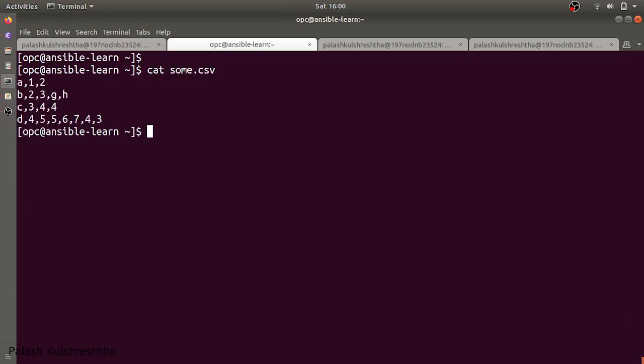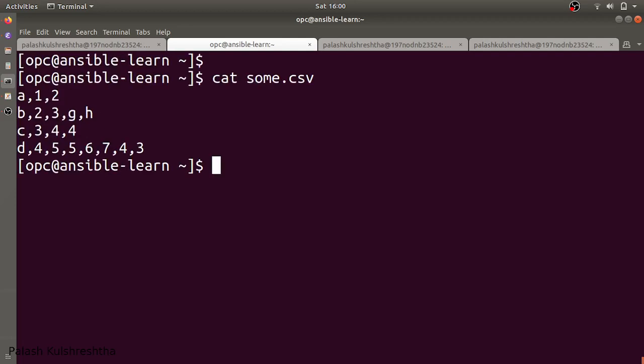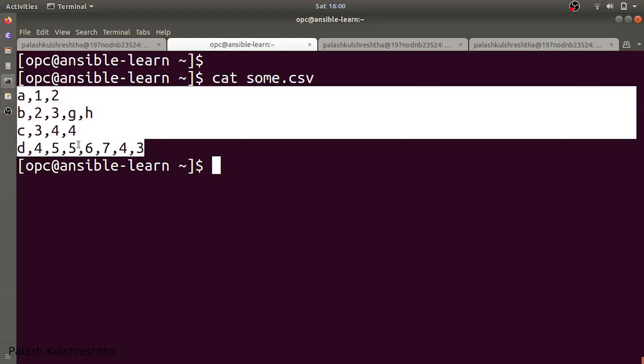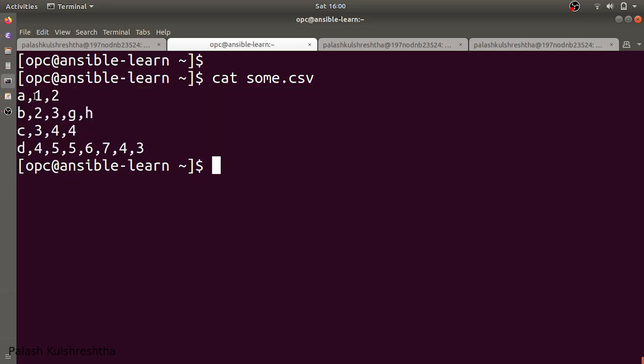This is our sample file, and we want to do some manipulations or text extractions based on some requirements. For example, let's say this is a CSV file, comma separated, and we want to extract the second column. This can also be done via the cut command, but today we are going to see how to do that with awk.